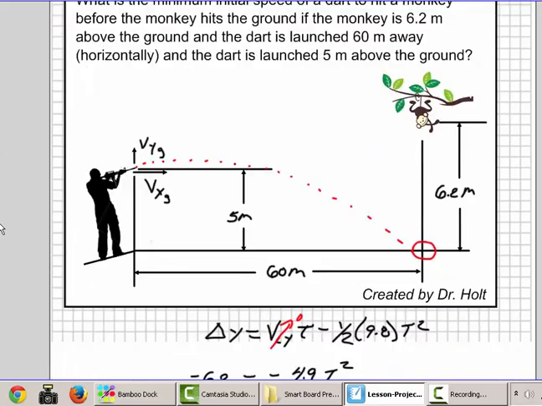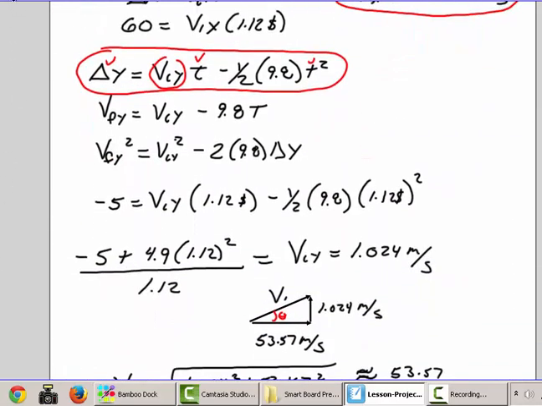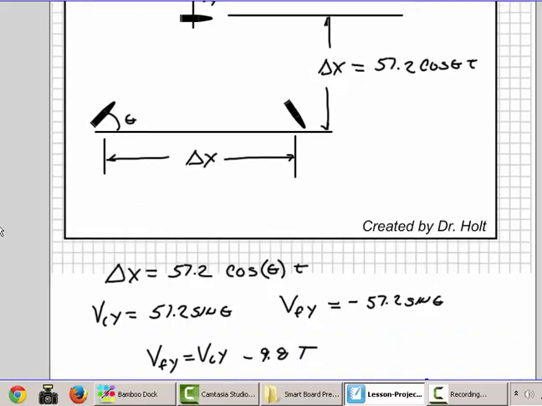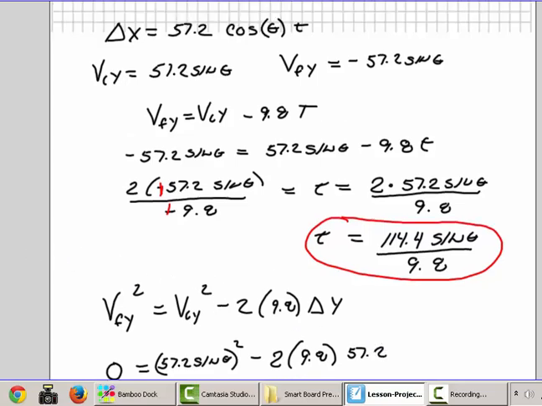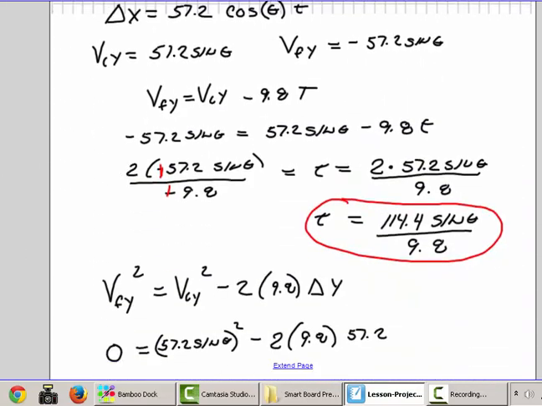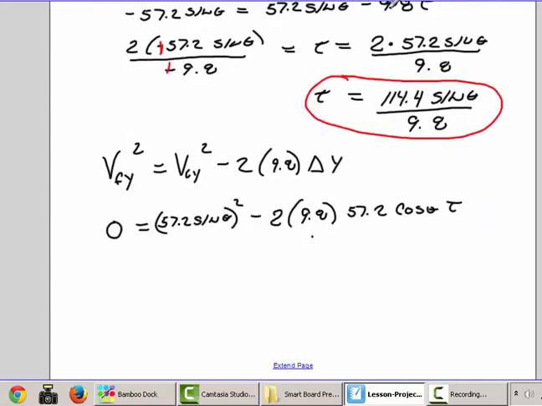Oops, moved on me, hold on. Oh, skipped one, I'm sorry. There we go, sorry about that. That's going to be 57.2. Okay, one more time, sorry about that. Cosine of theta times t. However, we already just figured out what t is, so I'll take t out here. We'll put in 114.4 times the sine of theta over 9.8